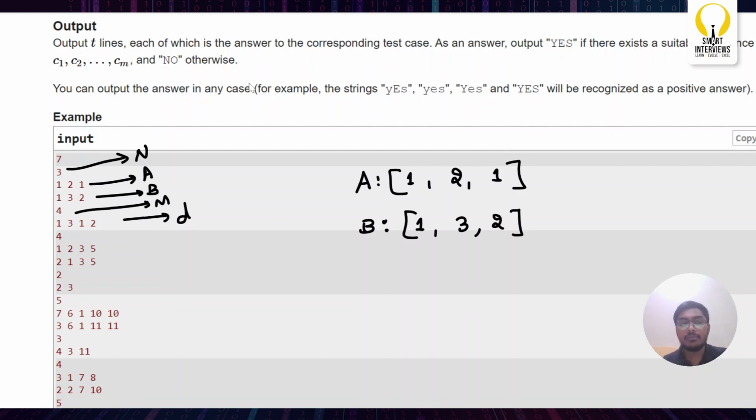Also, we are given the M operations that are applied to A. But here the C values are not given, only the D values are given, which is something like 1, 3, 1, 2. One thing we need to understand is that if both the A and B arrays are the same, we do not have to do anything. Yes or no? I hope that is clear, because both are the same and I do not have to apply any modification operations. Coming to the second index, as it is not matching,